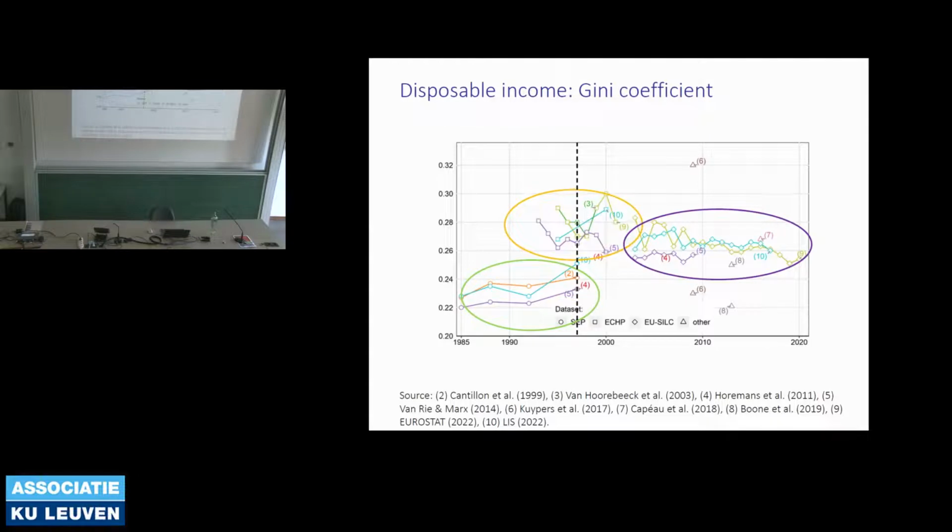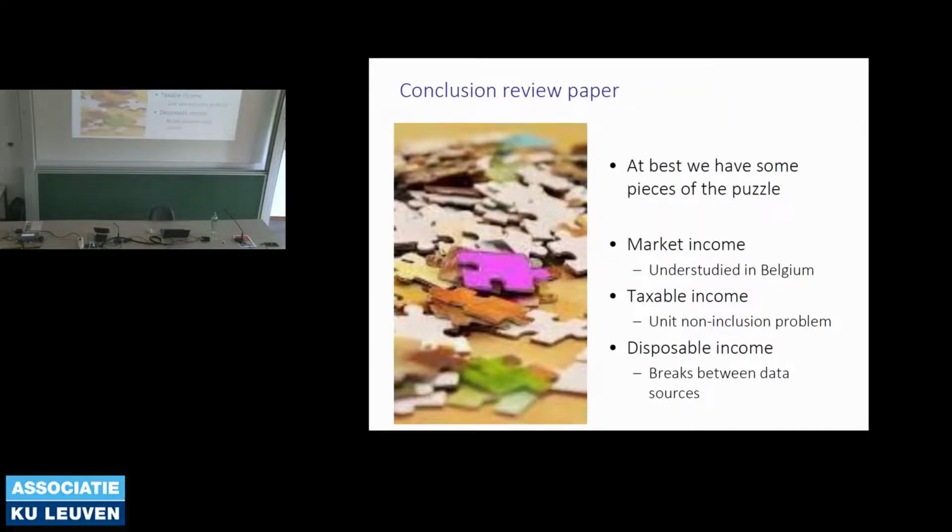The position we are inclined to take in this project is to keep them as separate pieces of slightly different puzzles. It's not to try to do any of these operations to harmonize across the different data sets, but to keep them as different data sets. With the slightly annoying consequence that for 97 we have two pieces of information which are not telling us the same story about the level of inequality. So wrapping up, a couple of weeks ago when I was trying, yes, question.